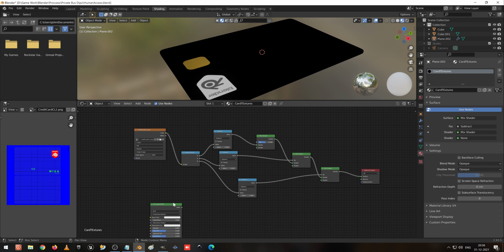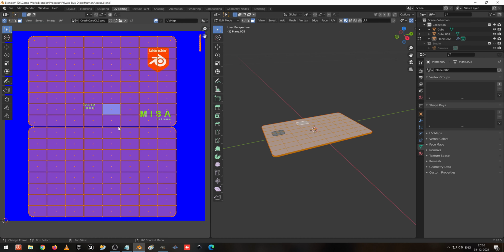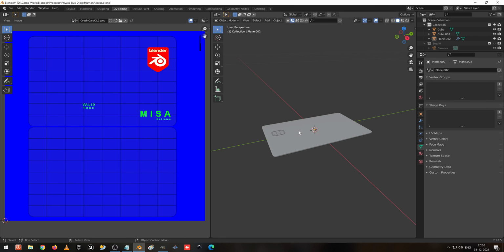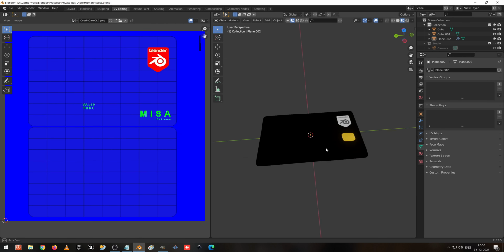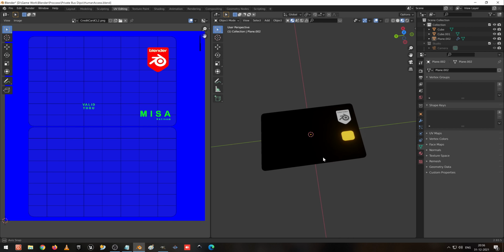Now you can see I think it's not mirrored properly, so I go to the layout view, select everything, and go to object and view, material preview.